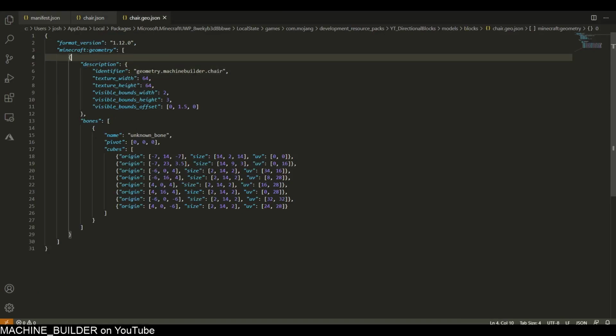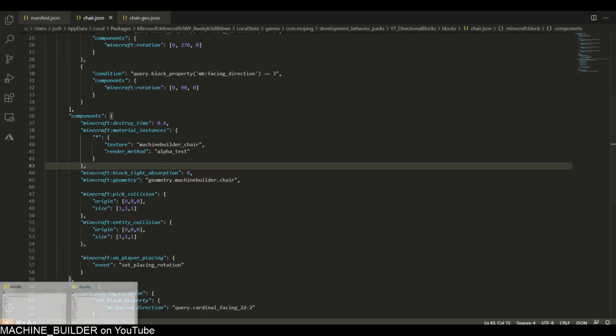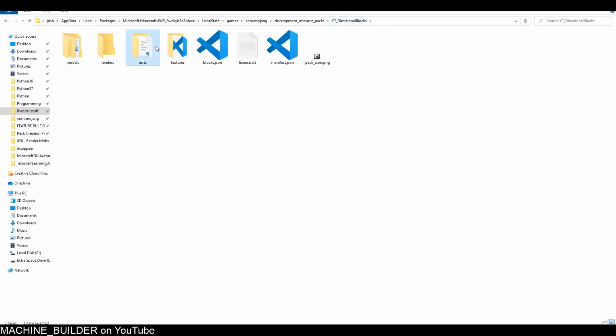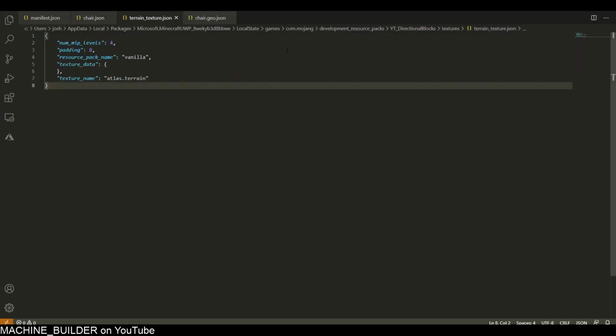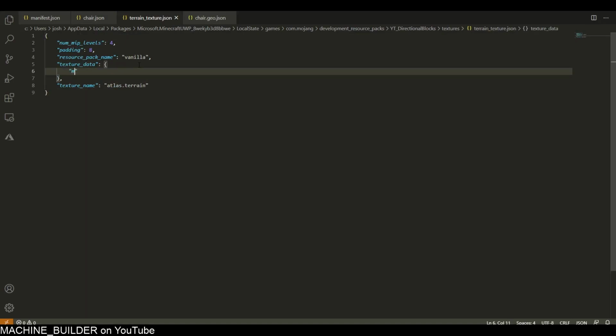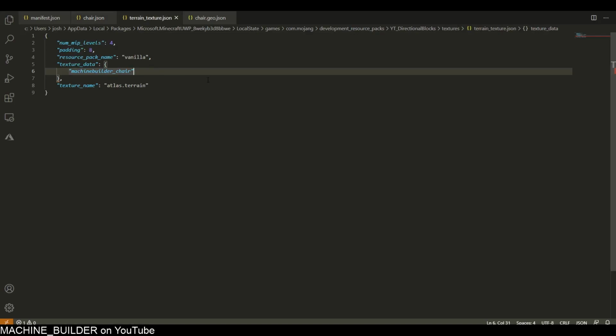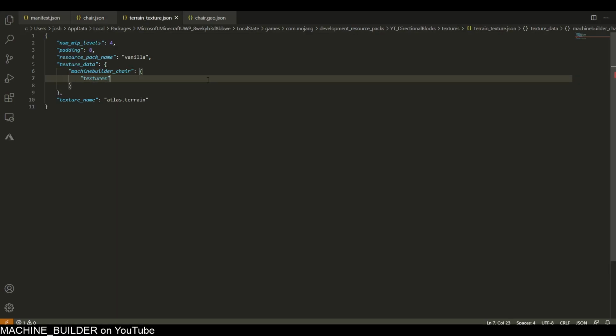There we are. So now we link that geometry file, and now we have to set up the texture linking. So over here, textures, oops, wrong folder, textures, terrain texture. This one we have to set up to actually link the texture data. So machine builder underscore chair, just whatever you name the texture in the material instances component, just copy that name and put it into terrain textures, and then just get the textures, and then you have to link the textures